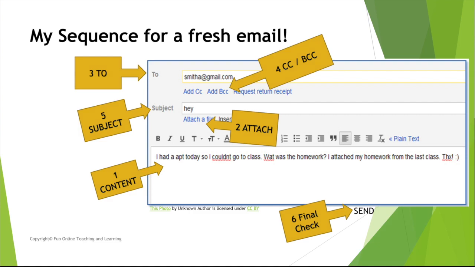And then finally, checking the To, BCC, CC, subject, attachment, and one more time reading my content, I send it. You may think, hey, this should take a lot of time. Why are you doing this? Just write it and send it. I see a lot of benefits doing that, and we'll talk about it from the receiver's perspective. If you do that, you will minimize your errors, you will minimize your rework, you will get fewer follow-up emails, fewer questions about your previous email. So this helps a lot. Think about your structure and your style and sequence, and